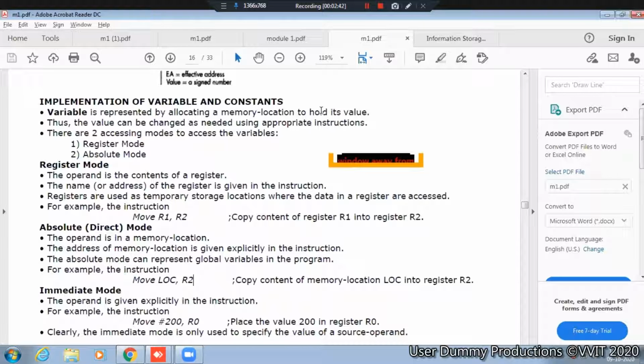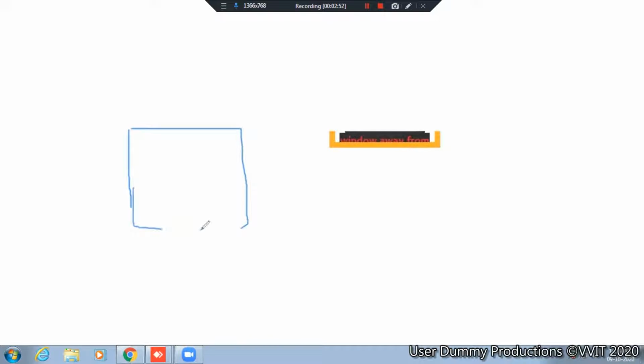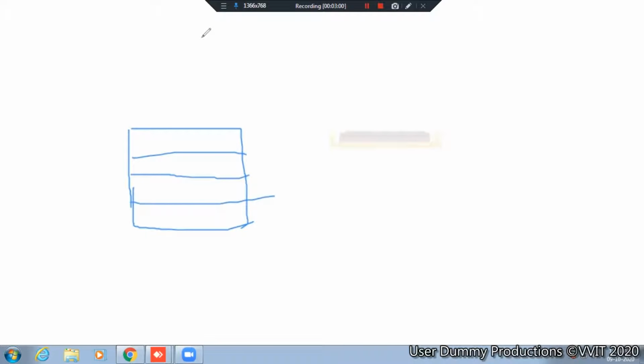See here, the content of the memory location.